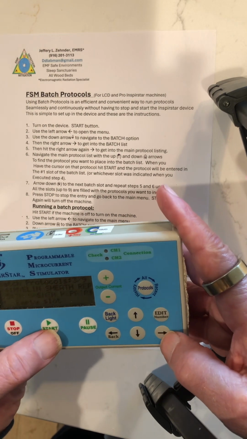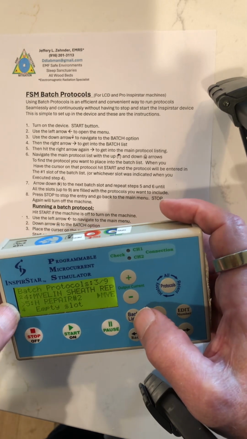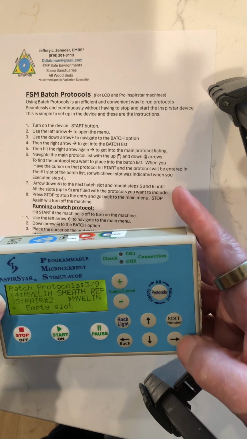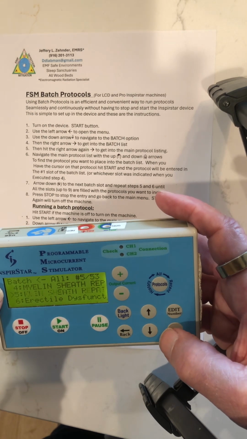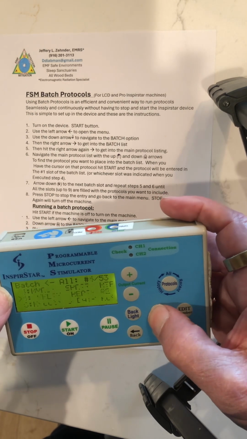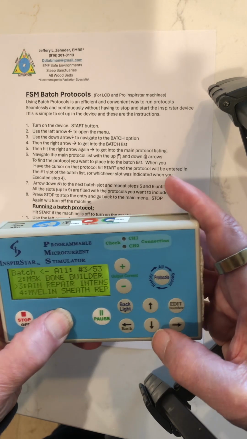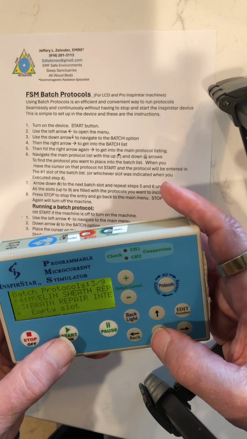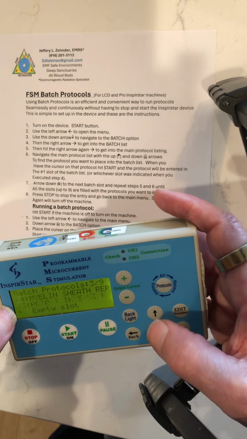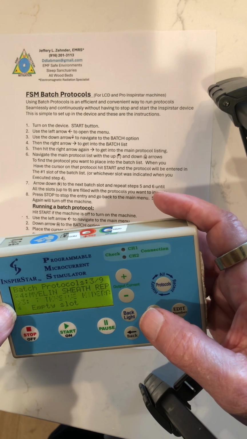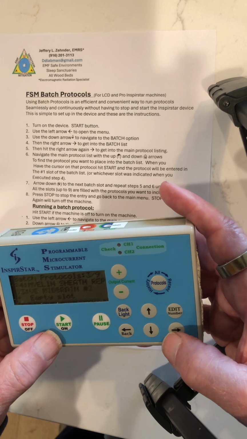You just go through this process of putting the cursor on that slot, and then hit the right arrow to get into the machine, and then arrow up and down and choose the one. I'm going to go brain repair here, and that will put it in there. So I just replaced the myelin sheath that I put in previously with brain intensive, midbrain, in the third slot